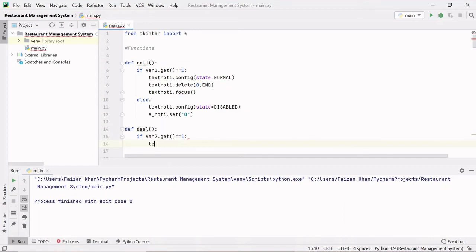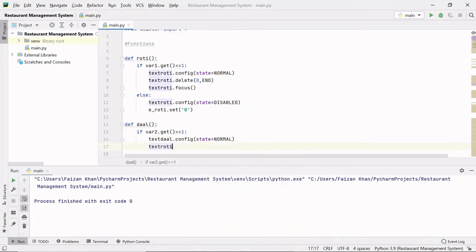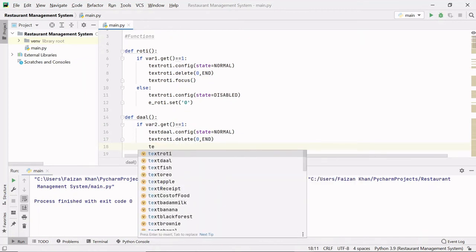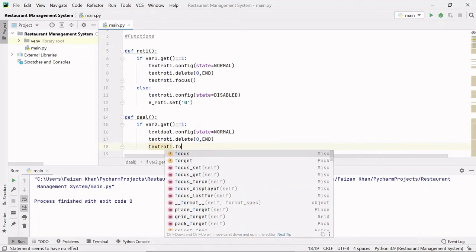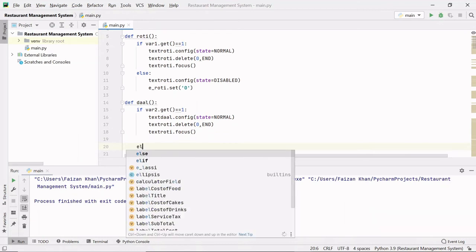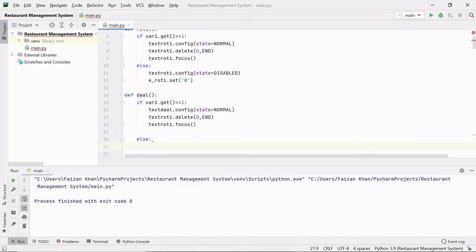In that case, I'll write text dal dot config method, and firstly I'll make the state to normal, then I'll delete everything from it, then I'll set the focus so that the cursor will be automatically blinking there. And if it is unchecked, we will simply go to the else part. Sorry, here it has to be dal instead of roti, so this one will be text dal, right?